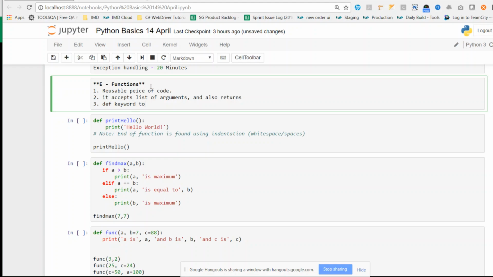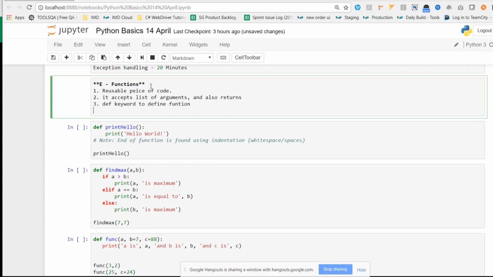The scope of a variable is local in a function. What do I mean by all this? We will see later as we do the examples.